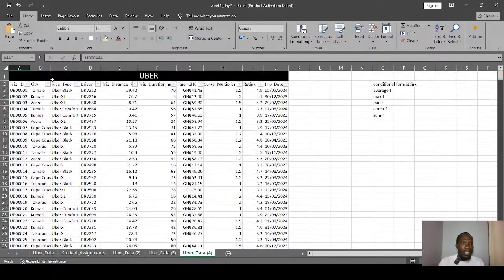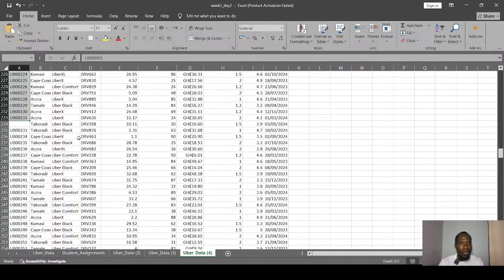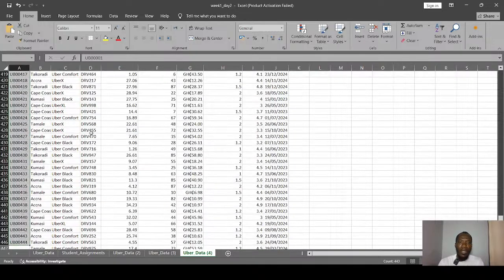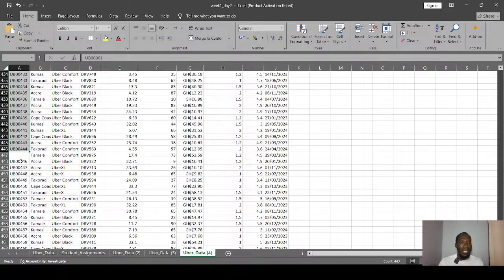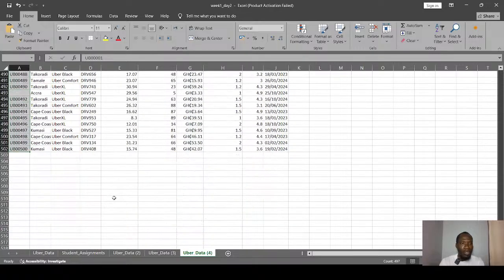Okay, so let me restart it. Control Shift down arrow gets to the first empty cell, and it stops. Control Shift down arrow gets to the next empty cell, and it stops. Then you keep going until you get to the very bottom.